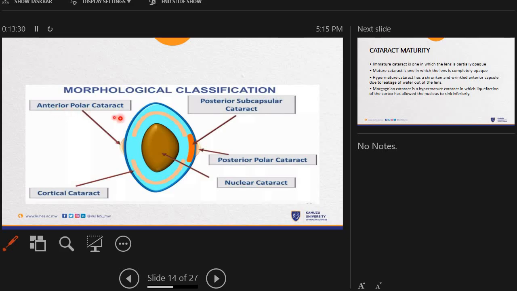So if it's occurring in the anterior pole, this one is occurring in the cortex. This one is occurring in the posterior subcapsule and the posterior capsule of the cataract. Yeah. So this is very important when we'll be looking at some of the clinical presentations, because